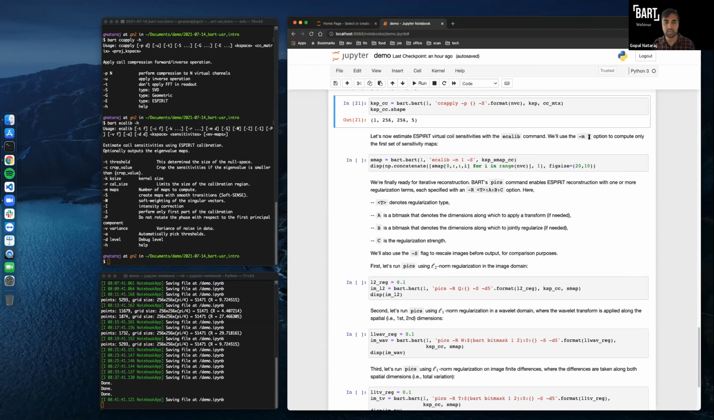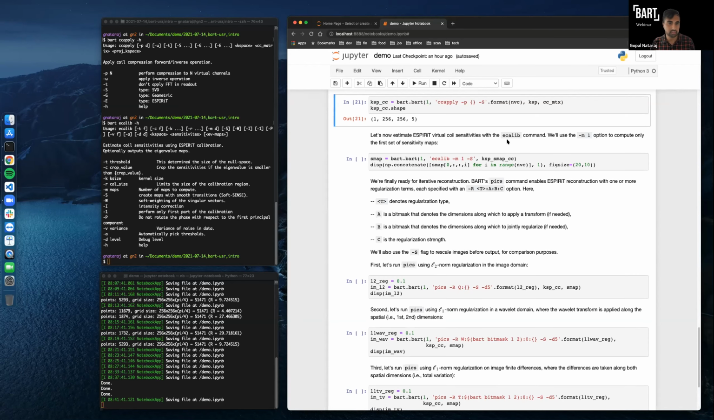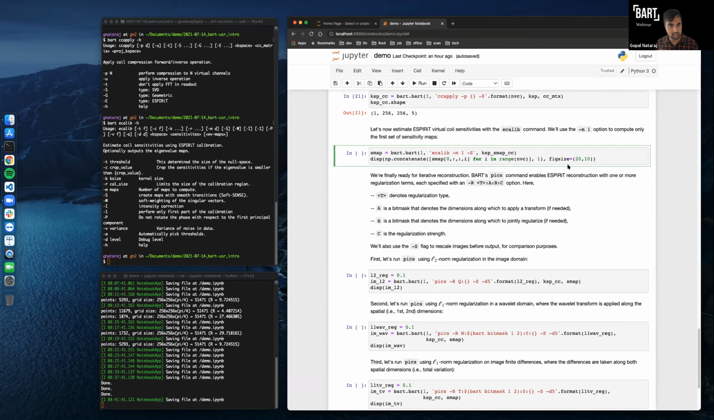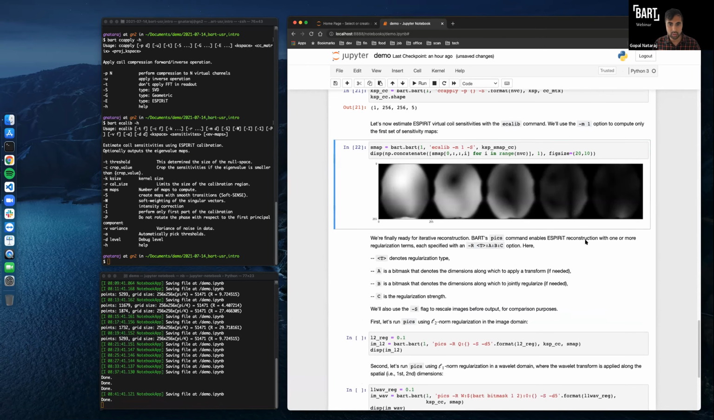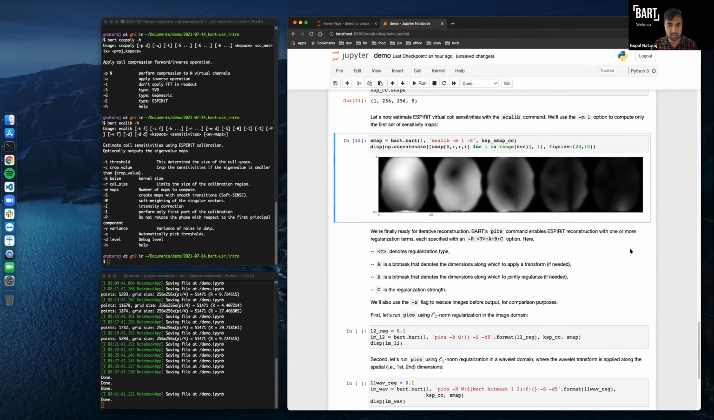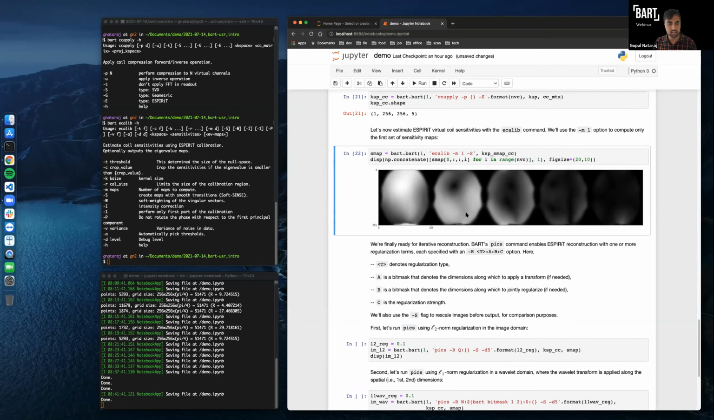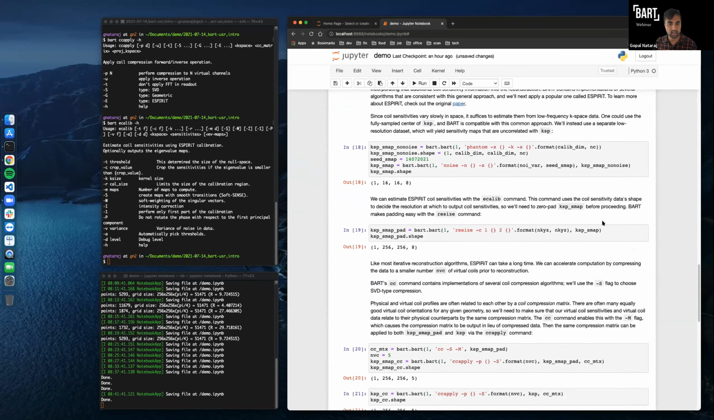along the sensitivity map dimension. And as John mentioned, that will be the fourth dimension, counting from 0 again. So let's go ahead and run the eCalb command and see what happens. The second command again just displays after concatenating along the coil dimension. All right, it runs quite quickly. And here we go. Here we have some coil sensitivities,